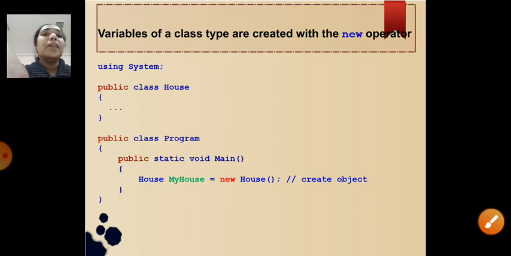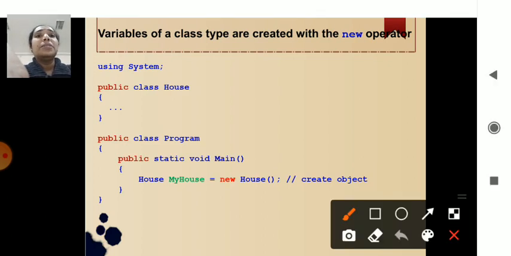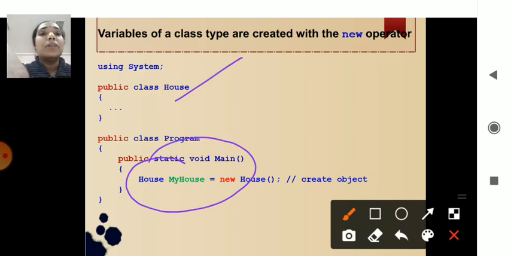Then, how a class is called through the new operator, you have the statement here. You can see here a class is being created, and it is called through the object. Using the new keyword, the class object is being called.